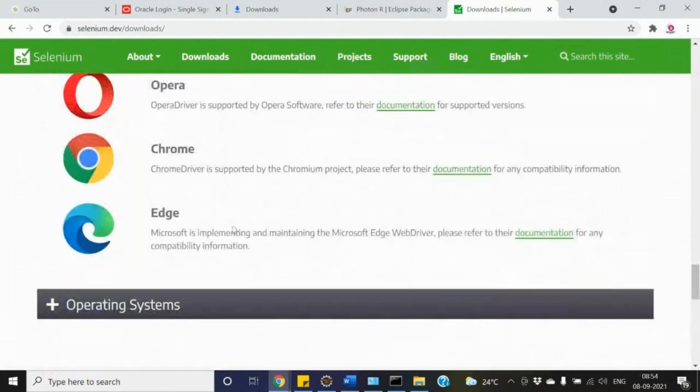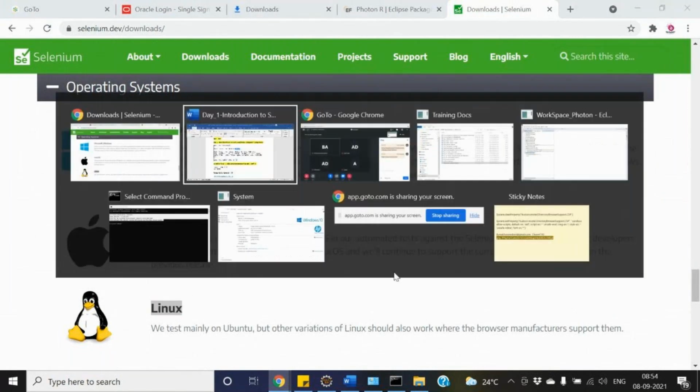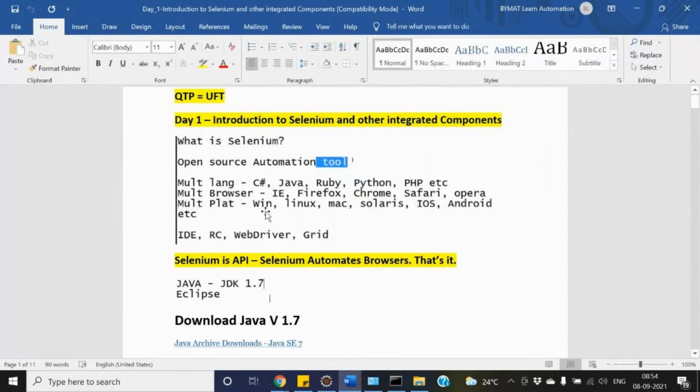And for operating systems, these are the three operating systems Selenium is supporting: Microsoft Windows, Mac OS, and Linux. So we have platform independent use of Selenium. That's why Selenium is so popular, and on top of that, it's open source and freely available.